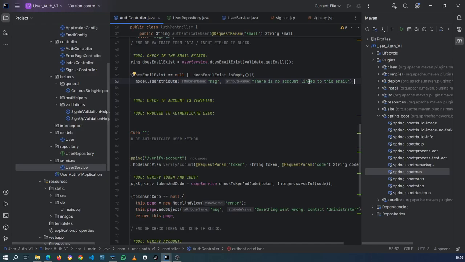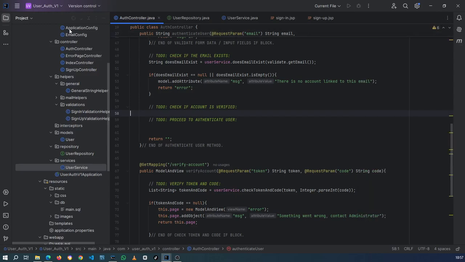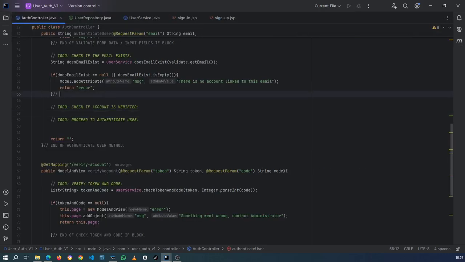And then what we need to do is return to the errors page. So we're gonna say return